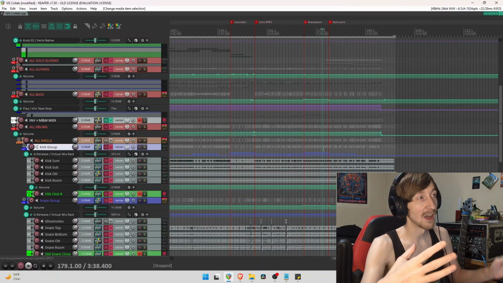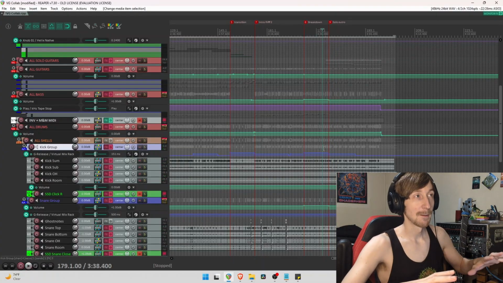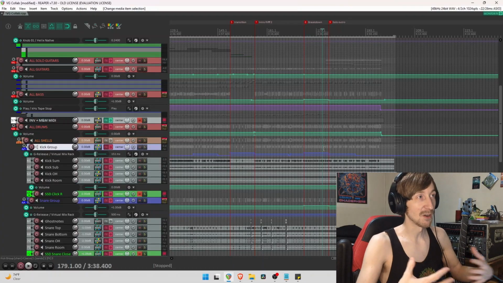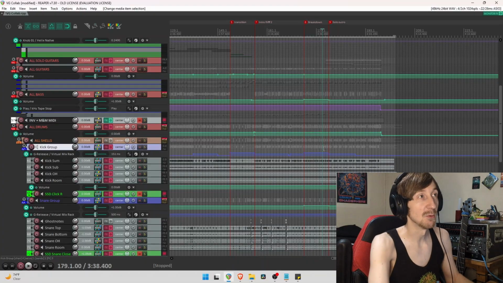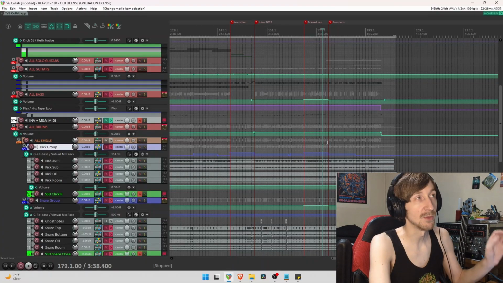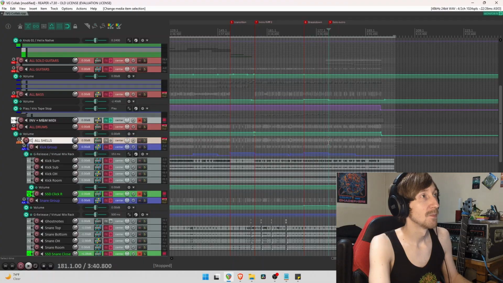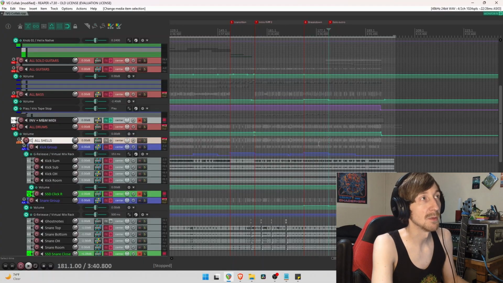You can instantly feel how the bottom end of the mix isn't really hitting you in the gut anymore. You're not really feeling it that way, and now all the top end stuff shines in a really nice way that it probably wouldn't if the bass just kept doing the same thing. So always important to think about the mix when you're writing a song and when you're working on bass guitar